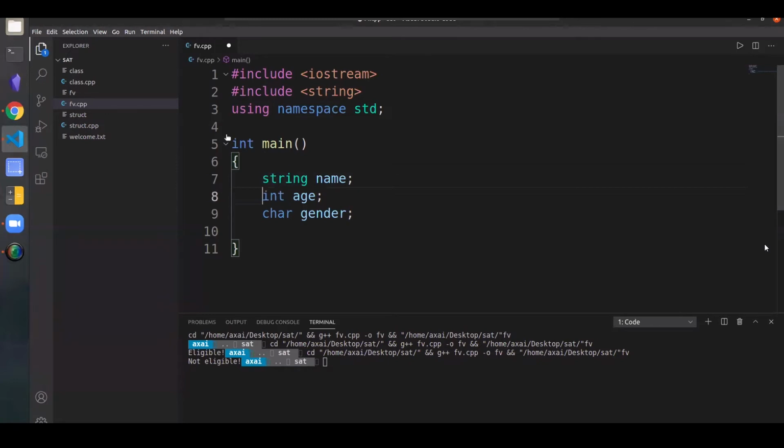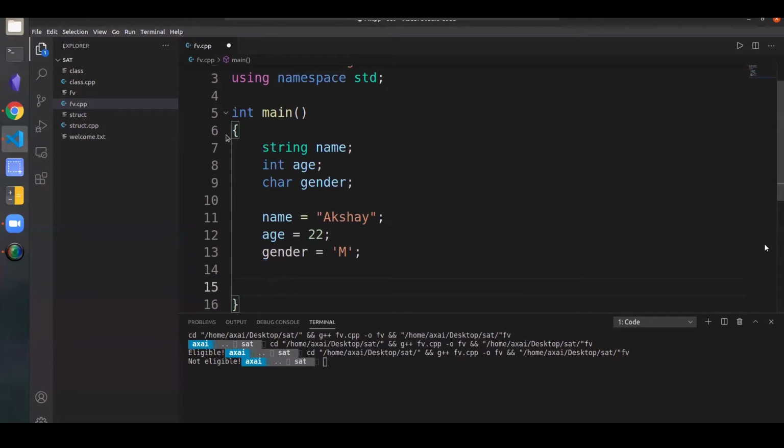So if I were to store my details, what I would do is I would say that my name here is Akshay, and if I wanted to store my age, I would store my age as 22 in the variable age, and then my gender is male, so I'll store that here.